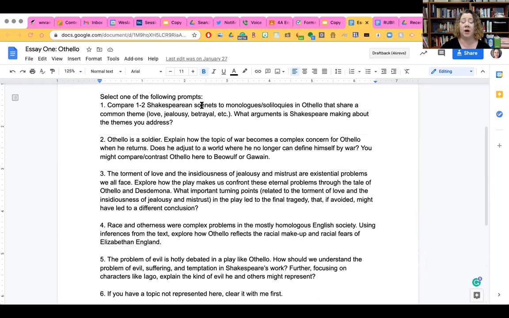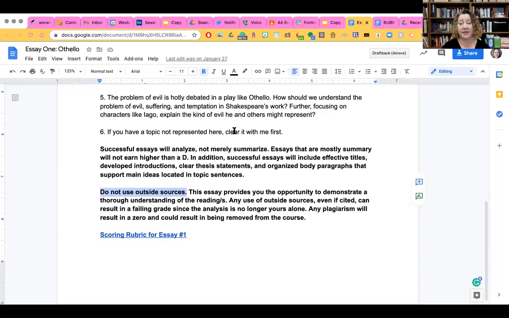If you're doing number 1, you might also have on your works cited whatever sonnet you used to do the comparison. But that's it, only primary texts, not secondary sources like articles or websites or books. You're not using any of that. The second paper does that.